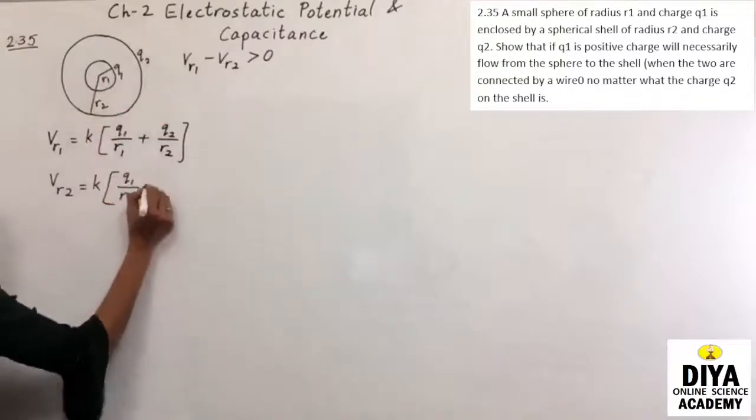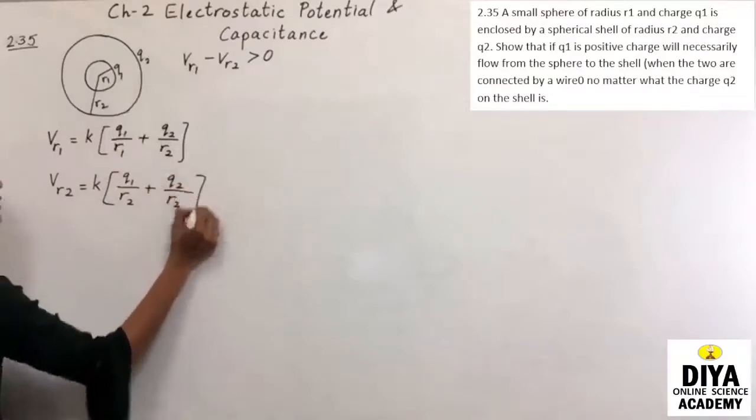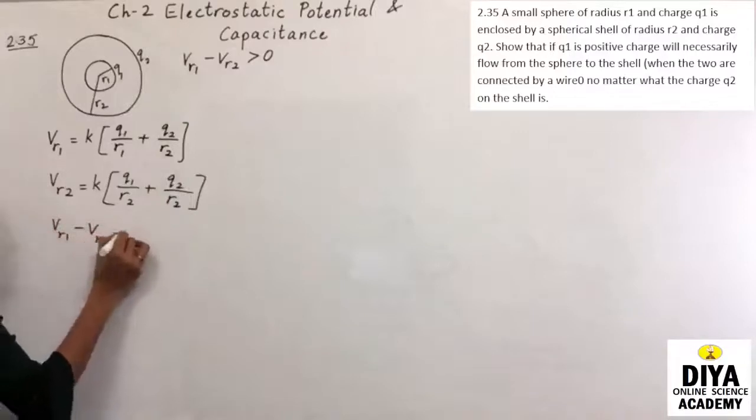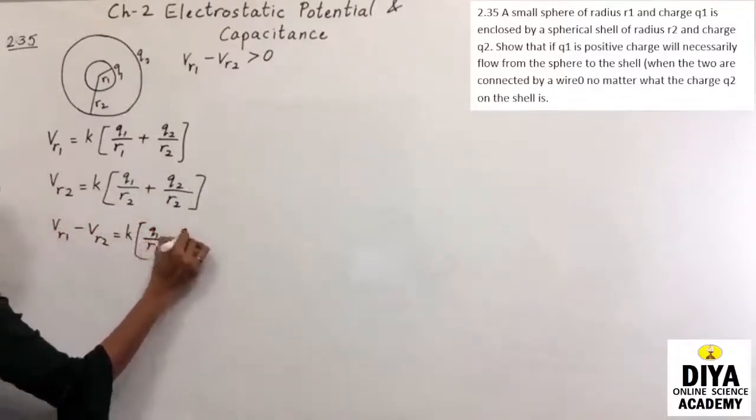R2 डिस्टेंस पे, और Q2 कितने डिस्टेंस पे, R2 डिस्टेंस पे। सो Vr1 माइनस Vr2 इक्वल्स टू K Q1 बाय R1 प्लस Q2 बाय R2 माइनस